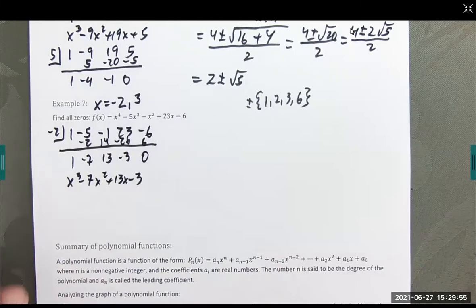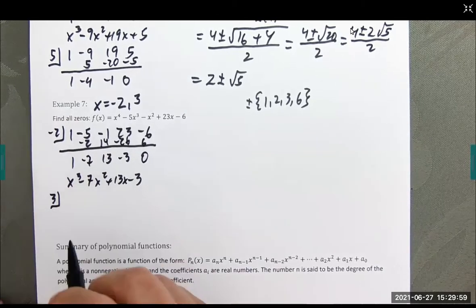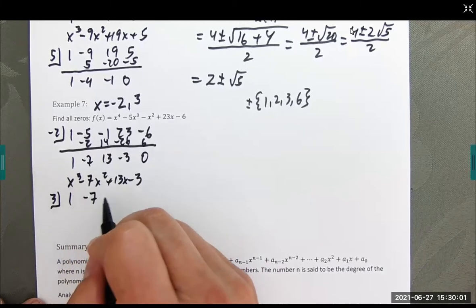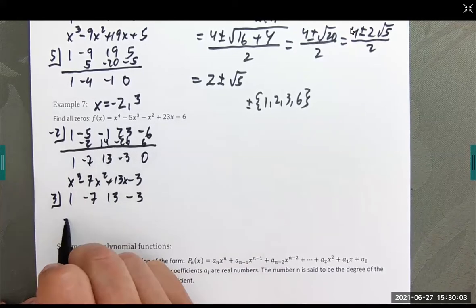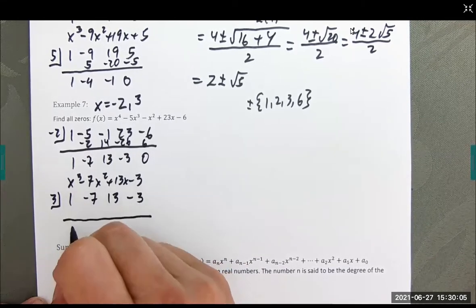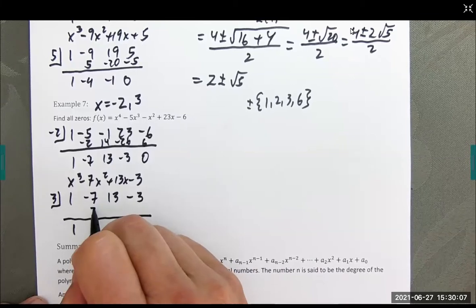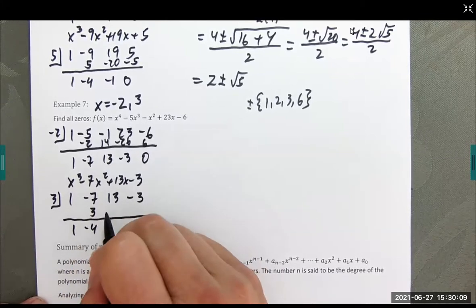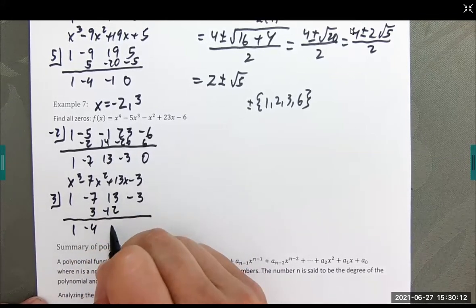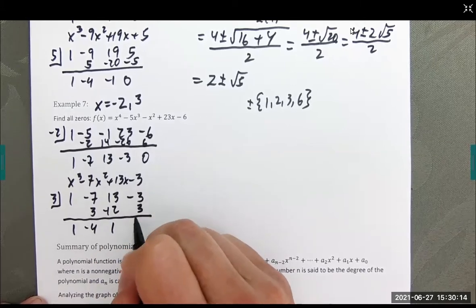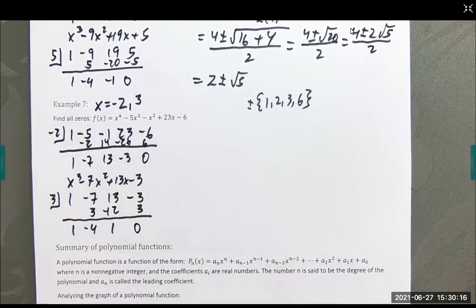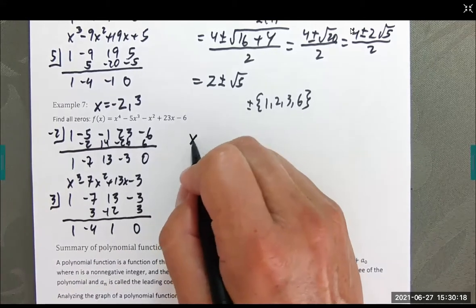And for this one, we're going to use 3. So we have 1, -7, 13, -3. Bring down the 1, 3, 4, 12, 0. All right. So we have 2 of our solutions, and we now have a quadratic